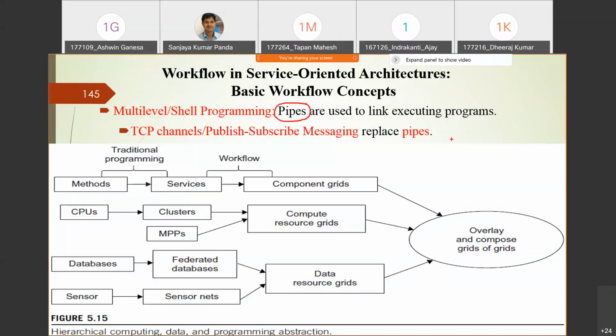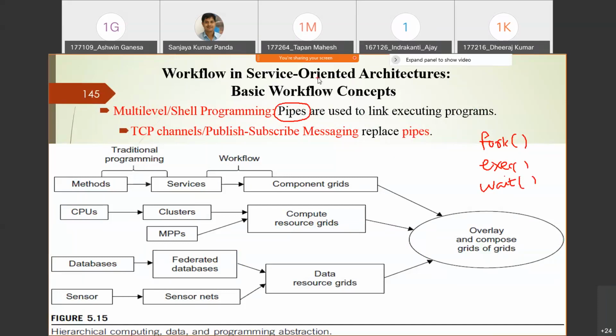Like you have studied the fork system call, the EXEC system call, or the wait system call, right? Similarly, you have studied another system call that is called pipe. Why are we using pipe? Pipes are often used to link executing programs. It is linking the programs.